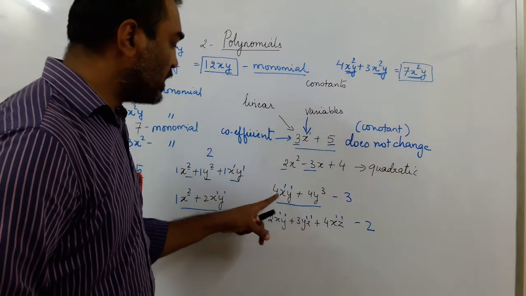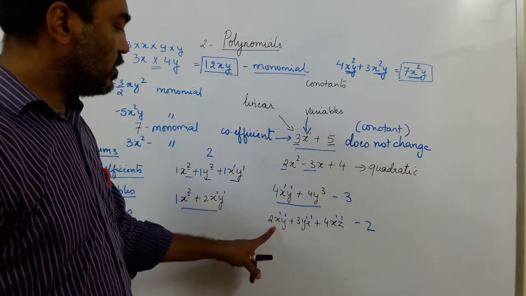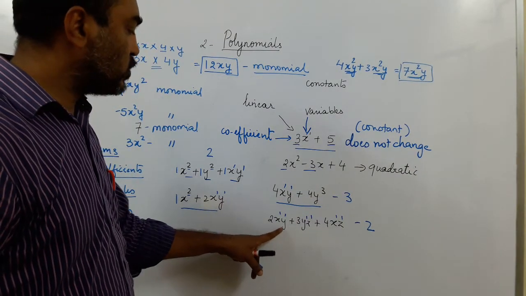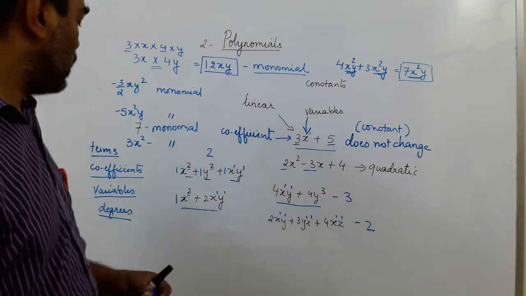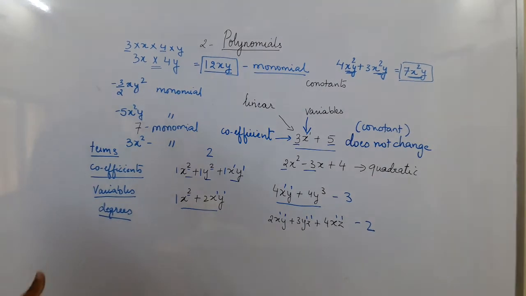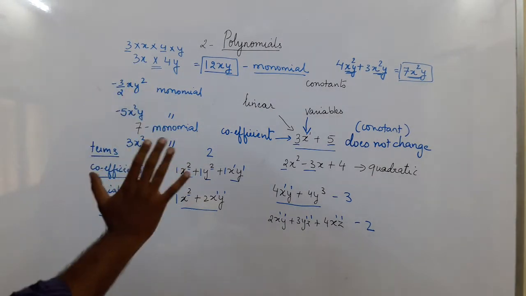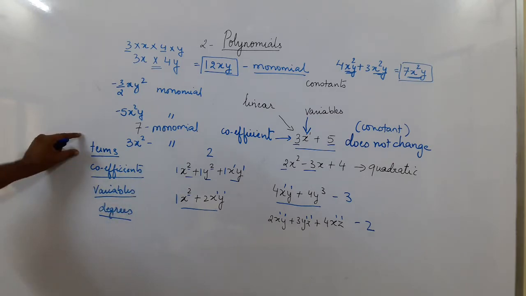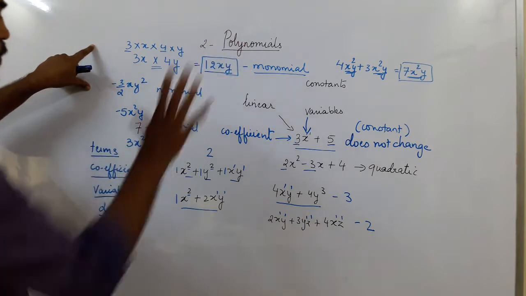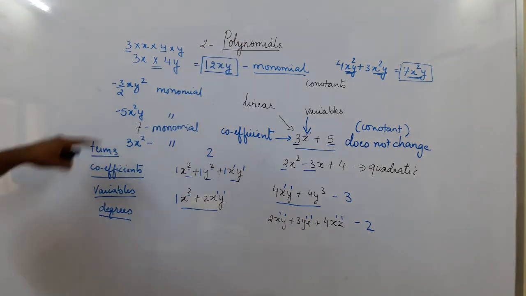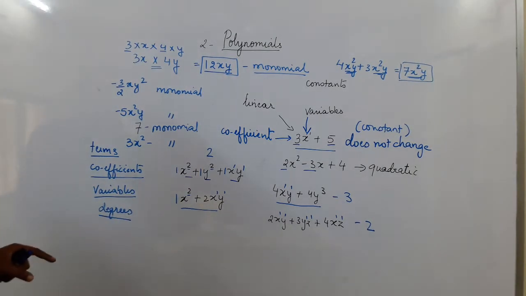Here, the coefficient of xy is 4, the coefficient of y cube is 4. Here, the coefficient of xy is 2, of yz is 3, of xz is 4. Okay, the coefficients. Now, remember, this will look confusing until you practice, but we have to go slow and try to understand. So, terms: monomial, binomial, trinomial make the polynomial. How many terms? Single term monomial, two terms binomial, three terms trinomial or polynomial.